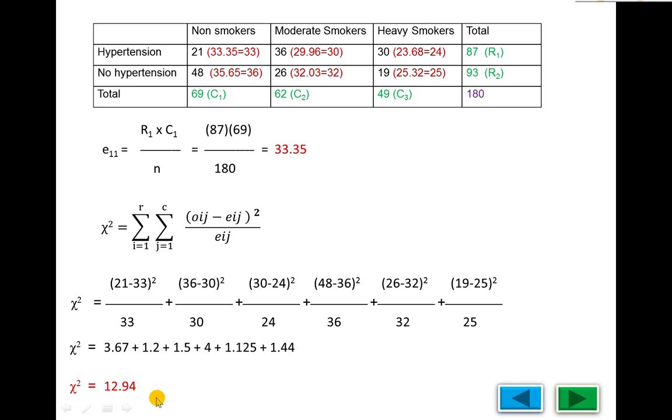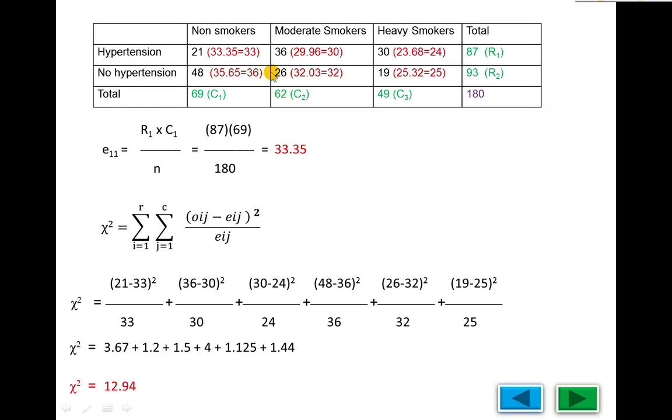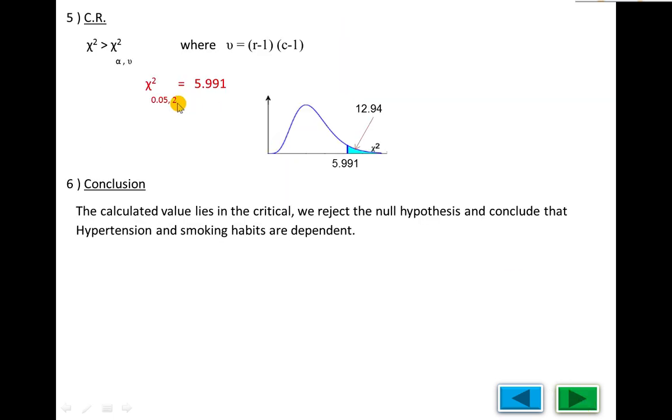After the calculated value, we find the critical value. From the table, we will use the same chi-square table you have used in testing of hypothesis for standard deviation. Alpha is 5%, degrees of freedom (rows minus 1) times (columns minus 1). There are 2 rows and 3 columns: 2 minus 1 is 1, 3 minus 1 is 2, and 2 times 1 is 2. The table value is 5.991, and this is the critical region. The calculated value 12.94 lies in the rejected region. So we reject the null hypothesis